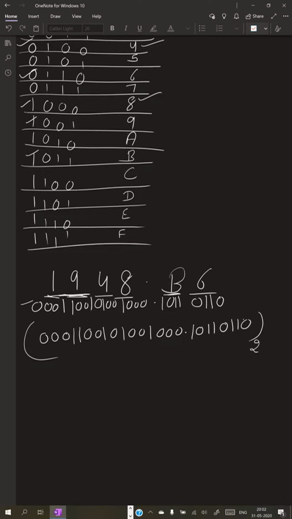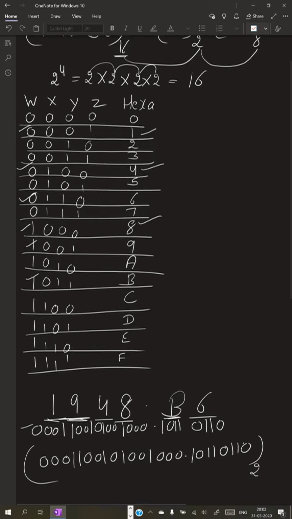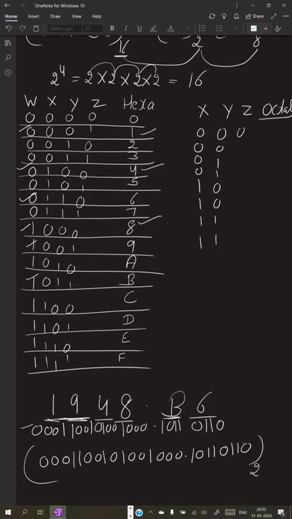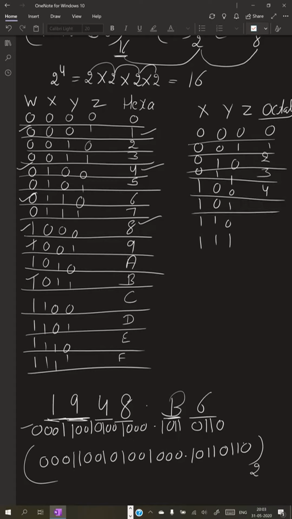For this we require a table of three variables, x, y, z and octal: four 0s, four 1s, then two 0s, two 1s, again two 0s, two 1s, then 0 1 0 1 0 1 0 1, and the octal digits are 0, 1, 2, 3, 4, 5, 6 and 7.